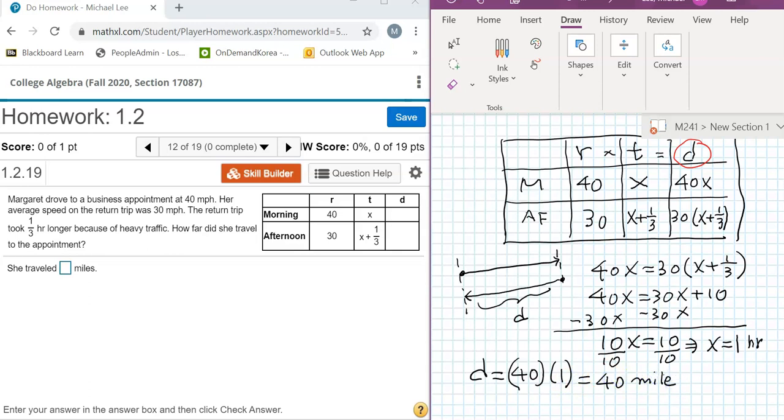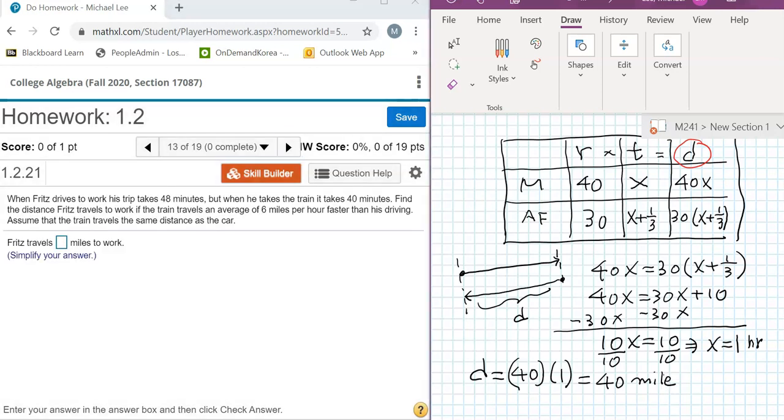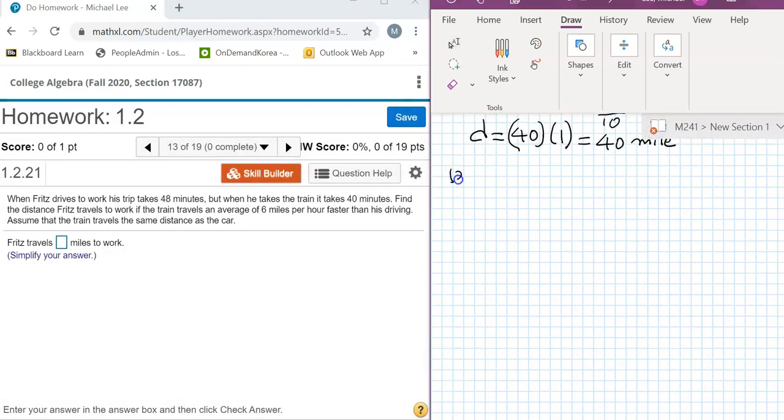Okay, all right, let's look at 13. When Fritz drives to work, his trip takes 48 minutes. But when he takes the train, it takes 40 minutes. 48 minutes, 40 minutes. Looks like train is faster. Find the distance Fritz travels to work if the train travels an average of 6 miles per hour faster than driving. Okay, so now